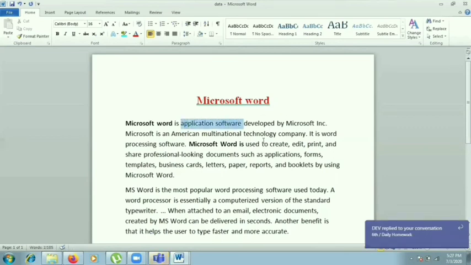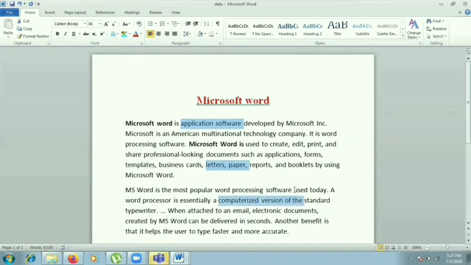You will just select one text. After that, just press the Control key. Which key will you press? Control key. By pressing Control and with the help of the mouse, you can select whatever you want to select.